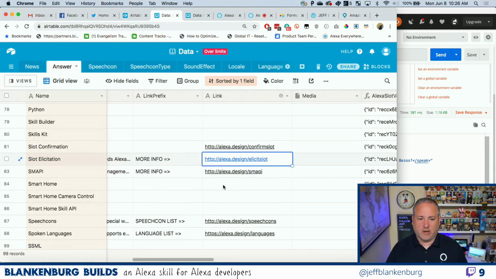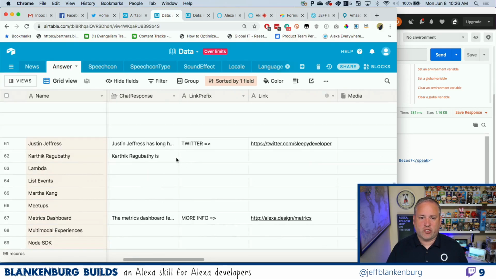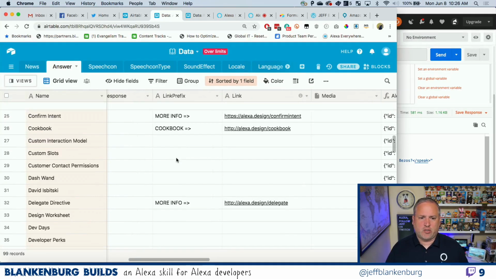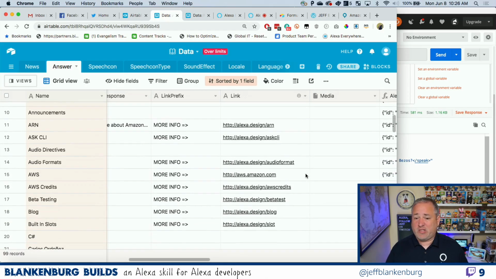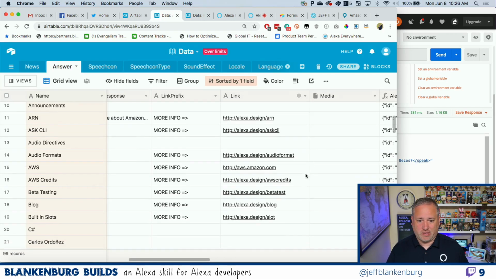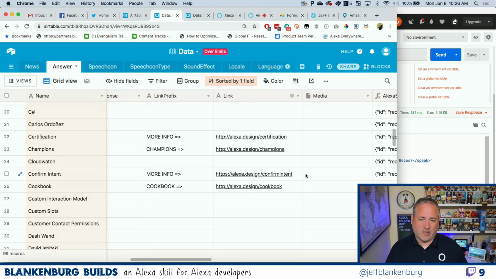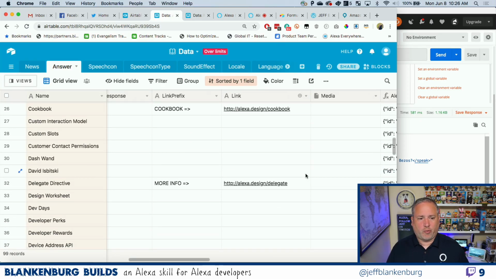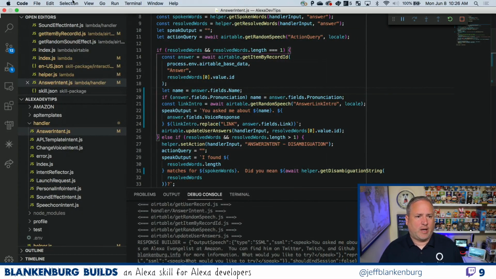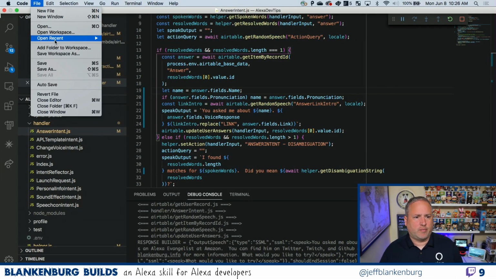So you can see here that I have prefixes. This is also what the chatbot uses, the Alexa chatbot. So all of these will be filled in, and we'll have links for all of them. But the idea is to have an Alexa.design link for literally everything. And we do. We have probably 100,000 of these pointing to all sorts of different stuff. But I want to make sure that the core things, the things you're really interested in, are all pointing to the right place.